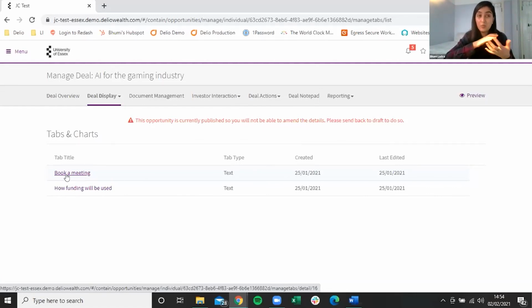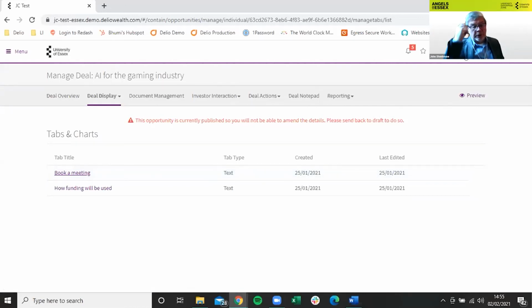If you want to find out more about which calendars you can integrate within the platform, feel free to ask University of Essex, and I'm sure they have a few that you can use for free as well. So I think that's the end of the Q&As.